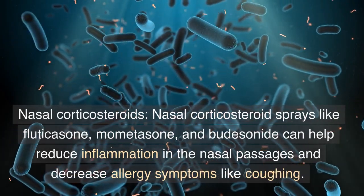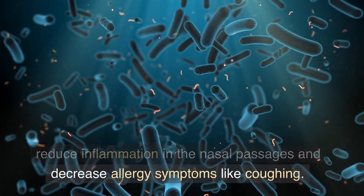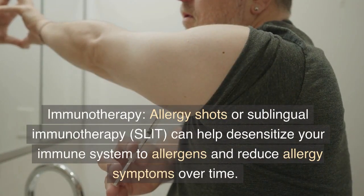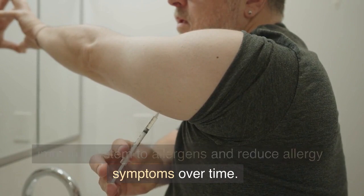Nasal corticosteroid sprays like fluticasone, mometasone, and budesonide can help reduce inflammation in the nasal passages and decrease allergy symptoms like coughing. Immunotherapy. Allergy shots or sublingual immunotherapy (SLIT) can help desensitize your immune system to allergens and reduce allergy